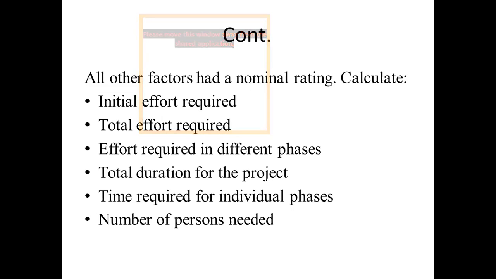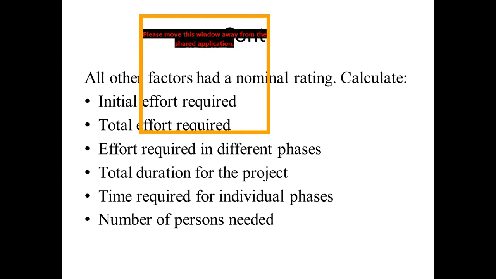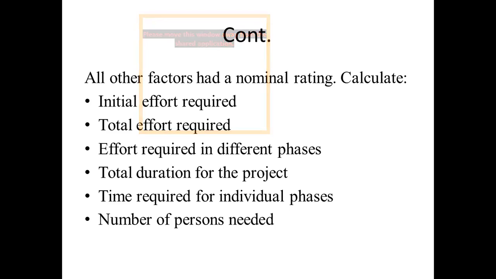Okay. Now calculate the initial effort required. Initial effort means EI. Sometimes it is also called the initial estimate or initial effort. This terminology is the same. Now you can calculate EI. So EI is equal to, what is the formula? EI is equal to A into total KDLOC to the power B. So this is the formula. Then you can calculate the EI. But before that, you have to decide what is the nature of the project.